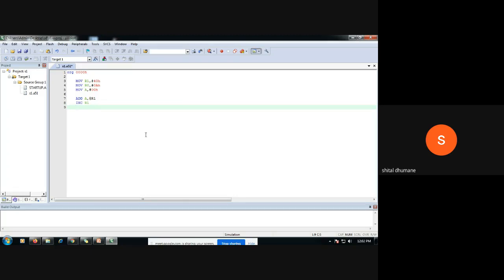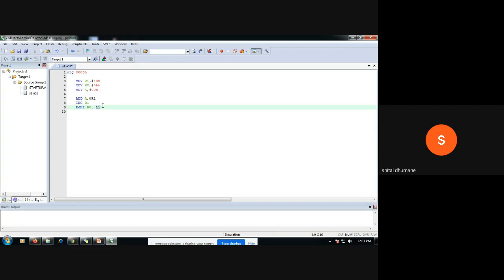Up to 10 bytes you have to increment your memory location. But how can you know that the 10 bytes have been added and it is over? We have taken a counter of 10. So at the same time, you should decrement it with the help of the instruction DJNZ, where you have stored your counter in R0.